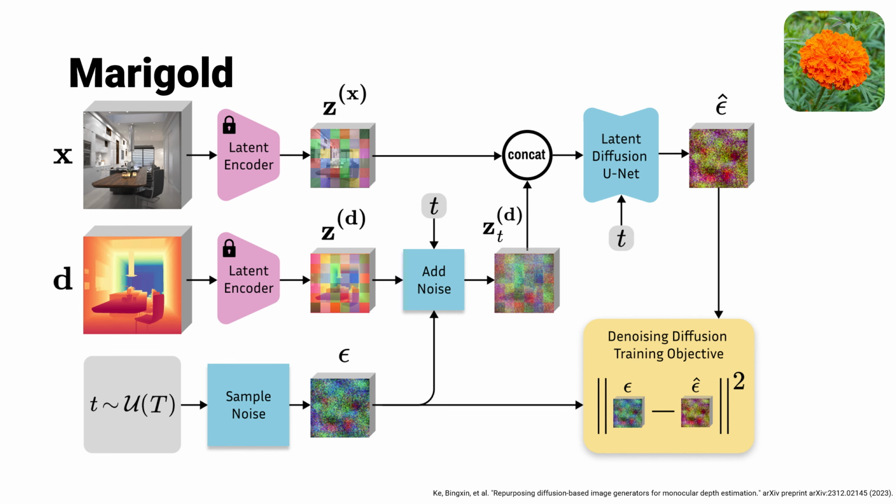Image conditioning here is achieved by concatenating the two latent vectors from the depth map image D and the input RGB image X and feeding them into the UNet. The first layer of the UNet is modified to accept the concatenated latent code, and just using a simple standard diffusion objective, you train this entire model, and this works spectacularly well. It's a very simple idea, but it works really well. And it's using the frozen Stable Diffusion model to be able to train a simple, smaller depth estimation model, but utilizing and harnessing the power of